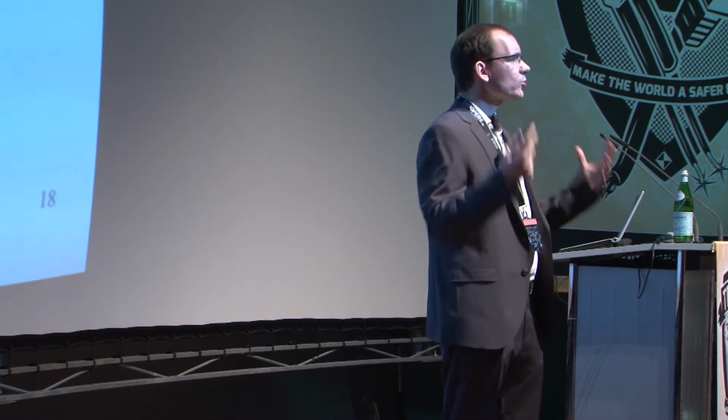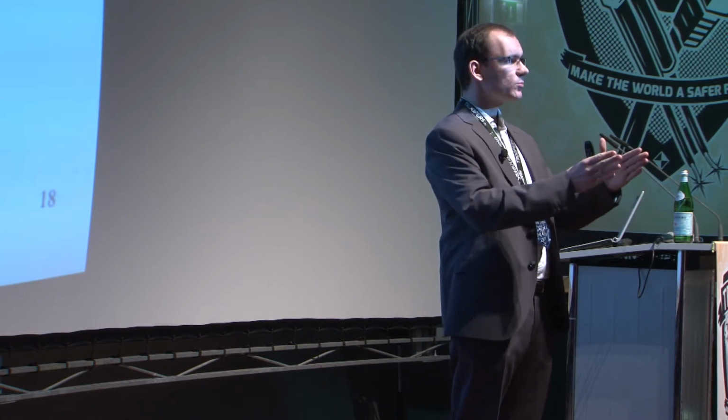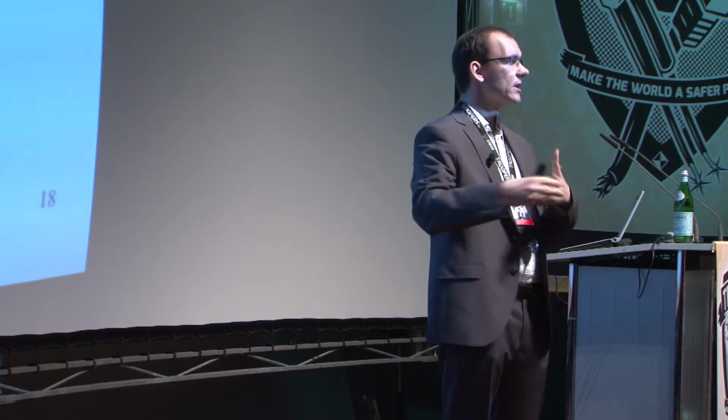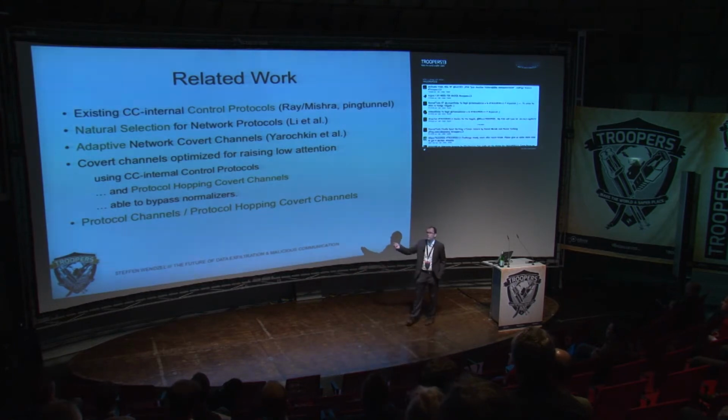We have adaptive covert communication via Roshkin et al. They filter out non-routed or blocked network protocols. So let's say you have a covert channel using ICMP, you block it, and the channel notices that you blocked ICMP and switches to another protocol. So you change your firewall configuration, but the covert channel changes as well, and then you have to block it and find it again. That is pretty cool, and already done 2008.